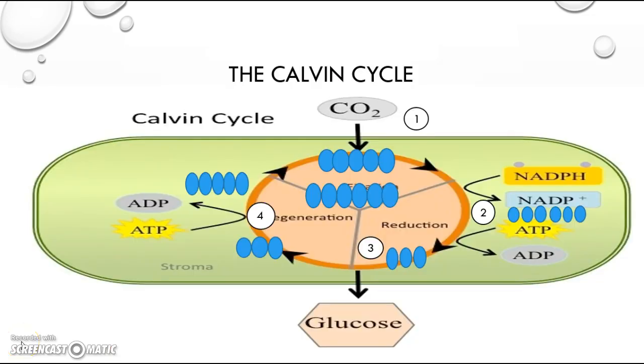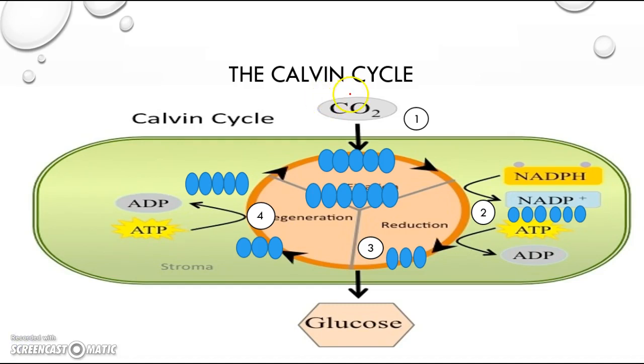And now, here's the Calvin cycle, which takes place in the stroma. The Calvin cycle is a light-independent reaction because it does not directly make use of any energy from light photons. Instead, the products of the Calvin cycle are derived from the products of the light-dependent reaction, such as ATP and NADPH. So, the first step